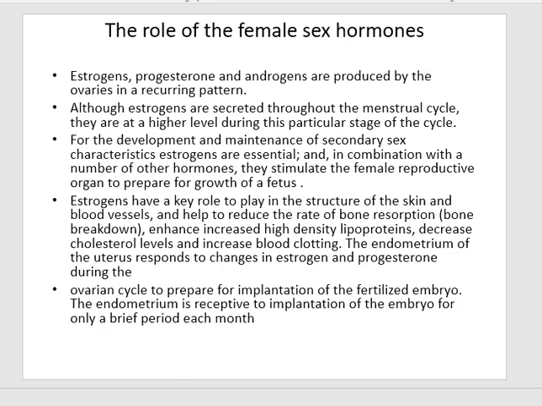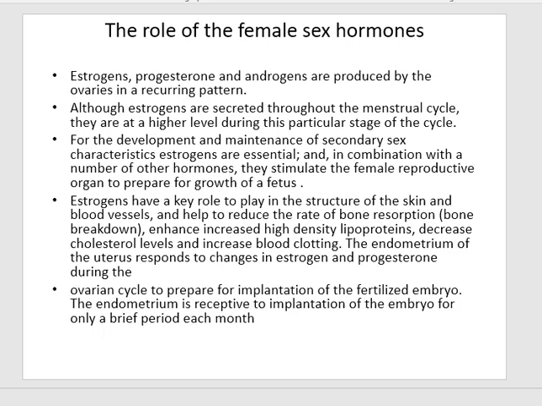على مود حقيقة الجنين ينمو. Estrogen has the key role to play in the structure of the skin. ولهذا skin مال female يكون أنعم وسبكتينيوس tissue يصير fat بها هواية blood vessels and help to reduce the rate of bone resorption. ولهذا أقل يصير bone breakdown and enhance increase high density lipoprotein, decrease cholesterol level and increase blood